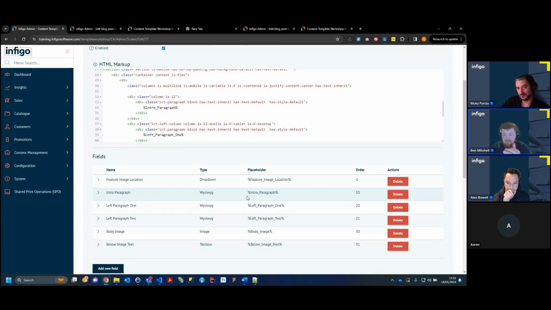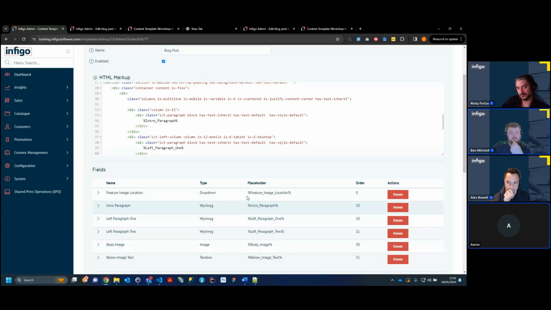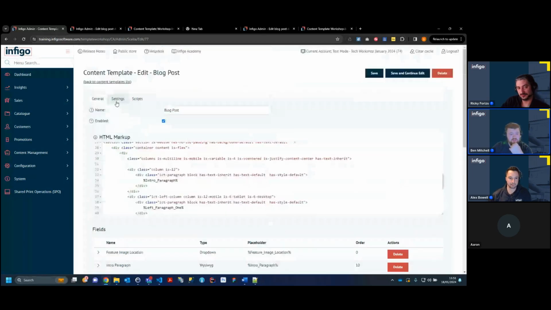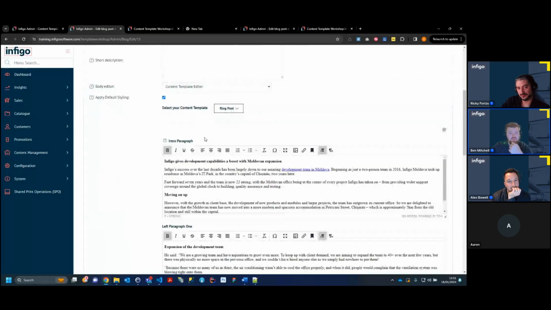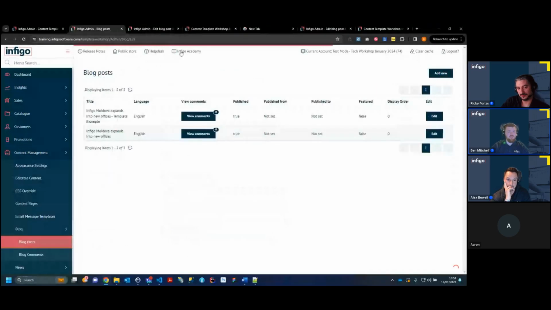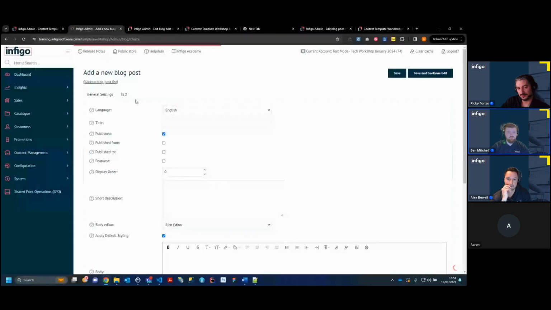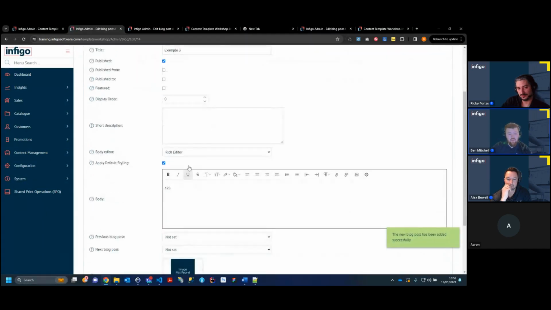But the question you mentioned is actually a good time to show off one of our other features, which is quite a new feature for us, which we call parent module assignment. So child to parent assignment. As we've seen here, currently we're using our explicit blog post content template. If I were to create just a new one, call this one example 3, save and continue edit. So in the context of one particular storefront, that one particular customer of yours wanted